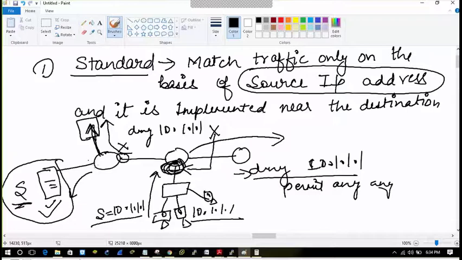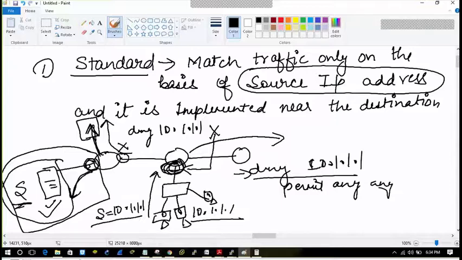So what exactly will I do? I will deny it here while going out from this interface, that is near the destination. Now only this server is being denied, and only this communication is being affected. That's what I want.